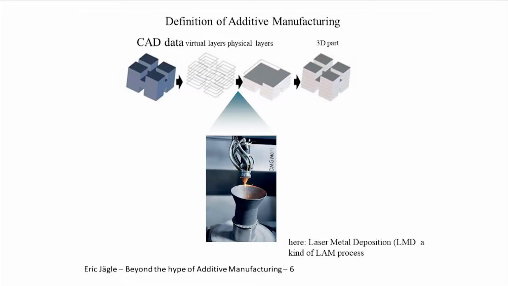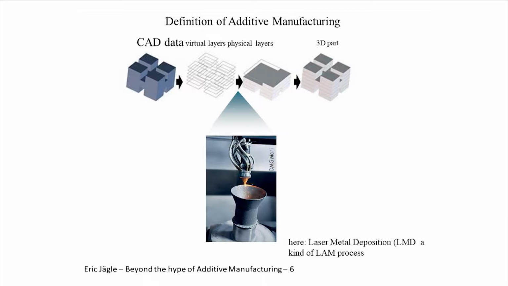Okay, so additive manufacturing at its core is very simple. You build up a 3D part layer by layer. Yeah? And importantly, you start with a computer file. So CAD, computer-aided design, you start with such a file, and using typically a specialized software, you slice it into virtual layers. So from the bottom to the top, this volume data information gets turned into information that is already readable to the machine that will make it.